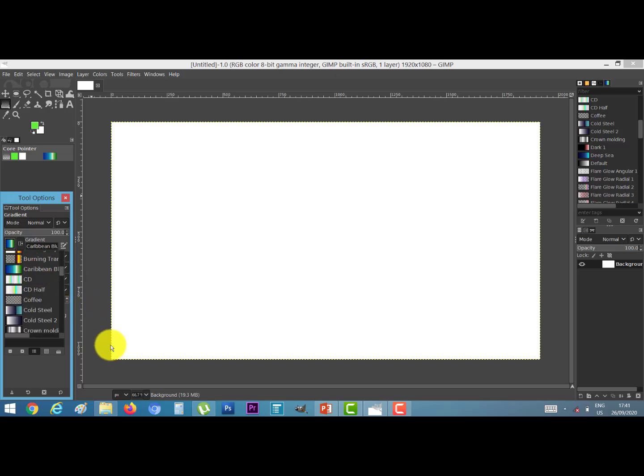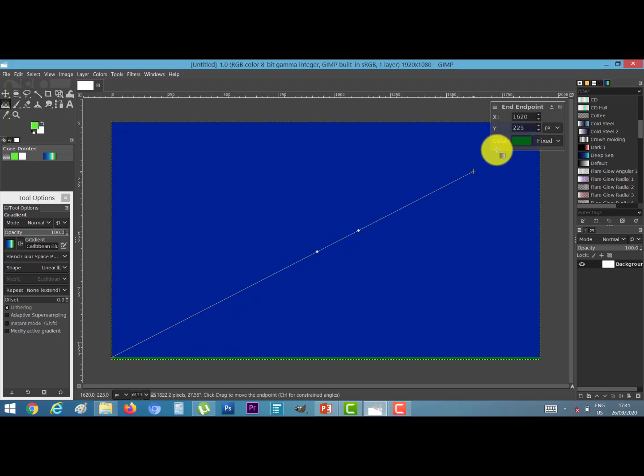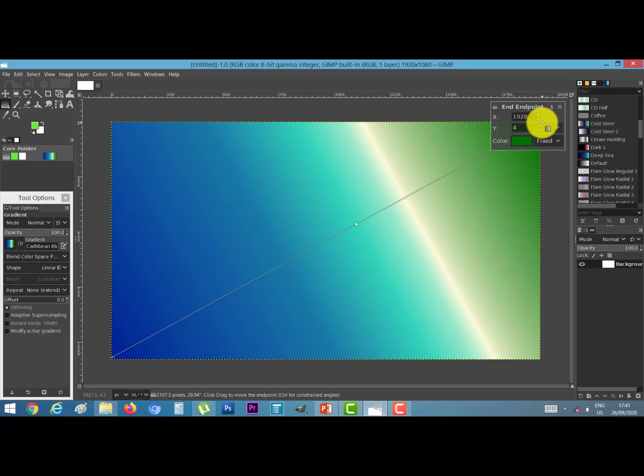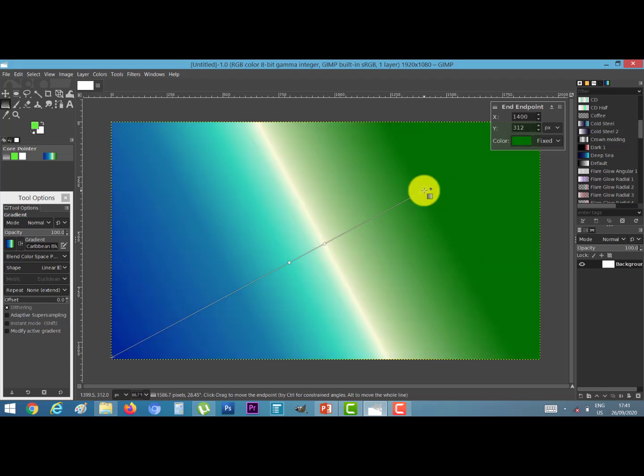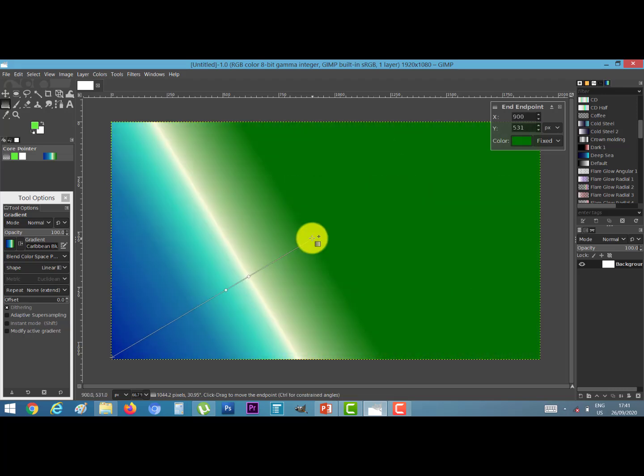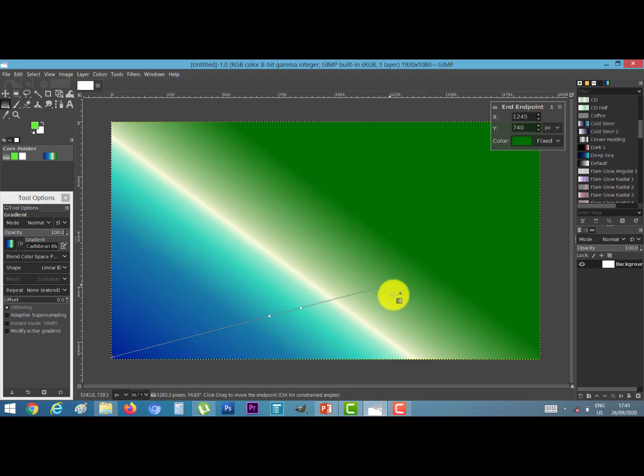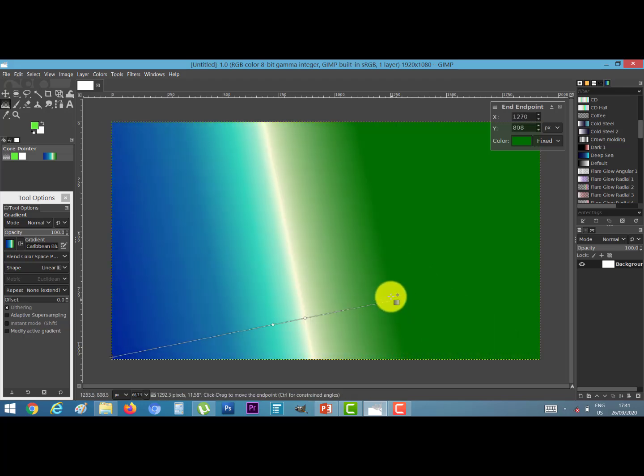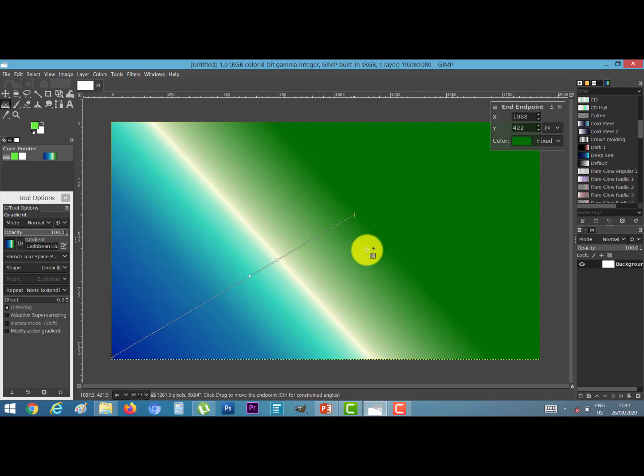Click on this and click here and drag the mouse from other corner and your design will be created. This option is blend tool. You can increase or decrease it. Click the point and drag the mouse.